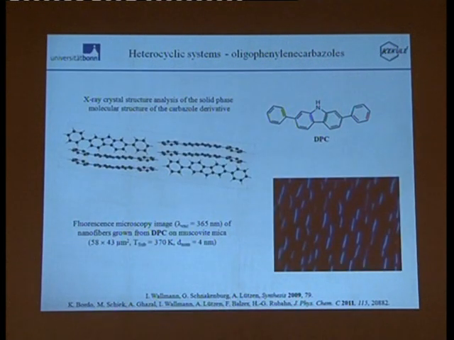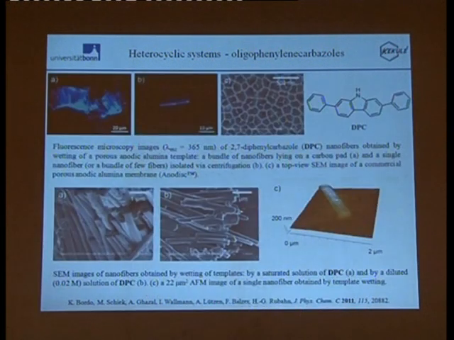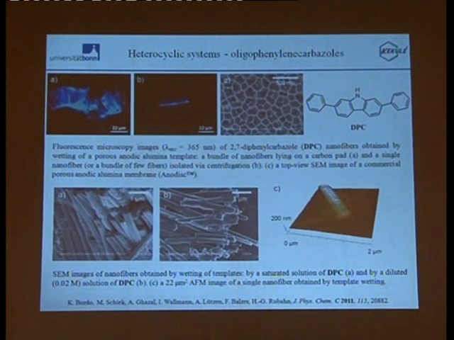So here's another compound, the carbazole, again with nice mutually aligned nanofibers, but the point why I show you this compound is that these heterocyclic compounds often show a much better solubility than the compounds that are only carbon-based. And much better solubility then also gives us a nice opportunity to use different deposition techniques. You've seen the apparatus that we use for gas phase deposition, a pretty expensive technique for making large things, okay? So it would be much better if we could make it from solution techniques, and therefore we used deposition